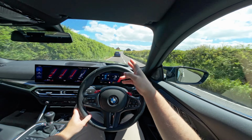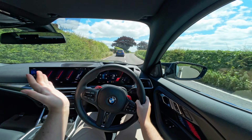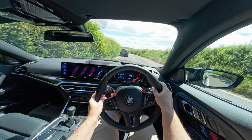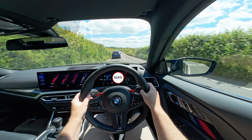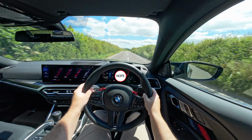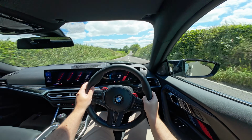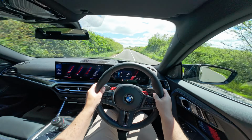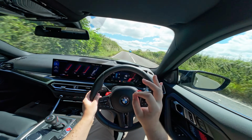Now, I've got 500 horsepower. I could probably make this. Still, I mean, this is no opportunity whatsoever. Got lots of corners. We're just waiting for a gap to open up. That's enough visibility for me. Easy. Now, I may have ever so slightly broken the speed limit there, but it's safer to do that and